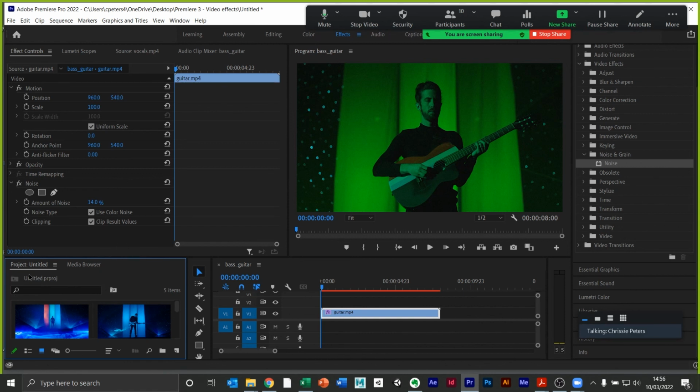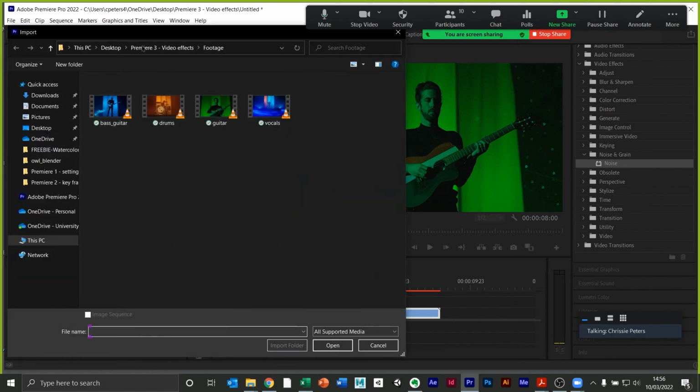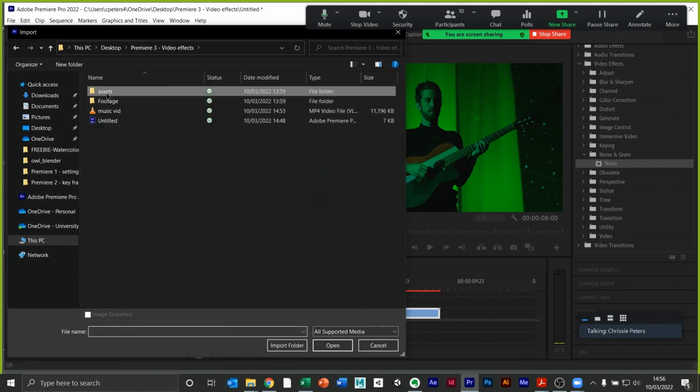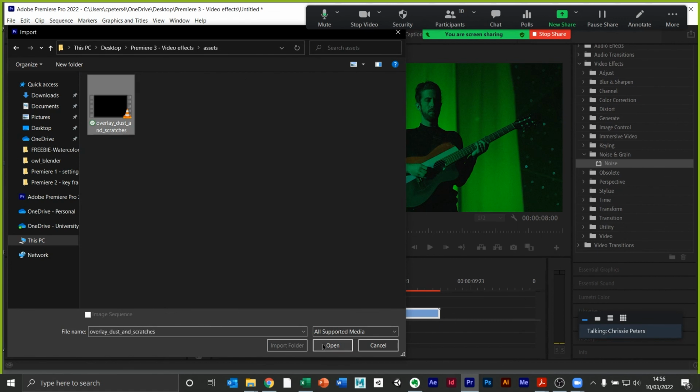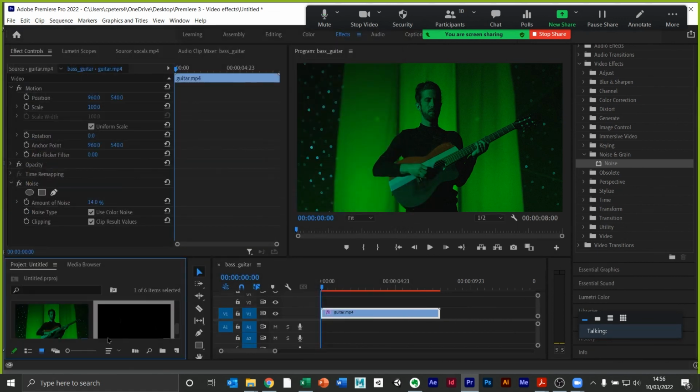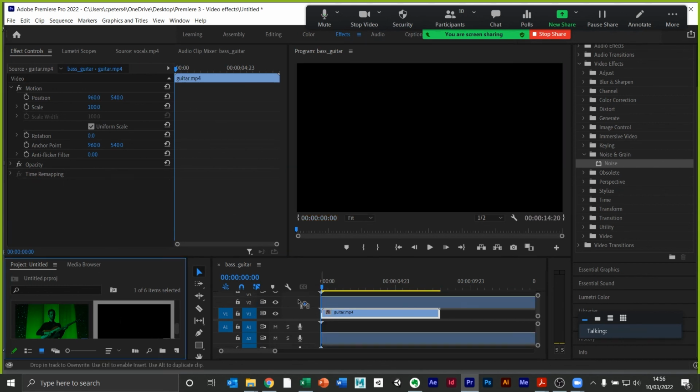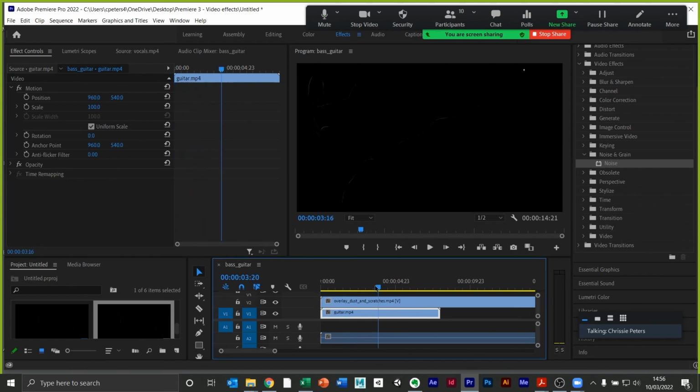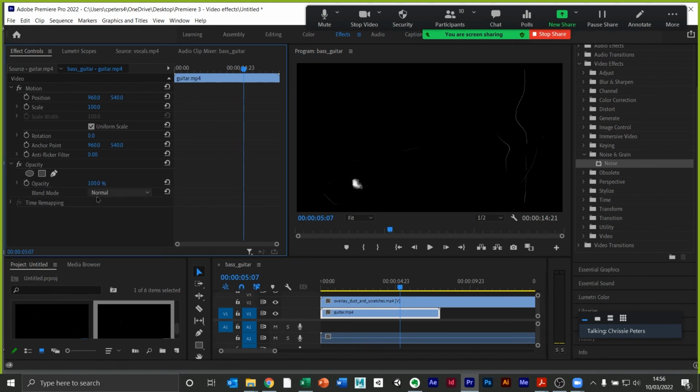So in my project, I had an asset called Overlay Dust and Scratches. I'm going to get rid of the noise that I added and add the dust and scratches, and you can see that it's a piece of analog footage, and it is just much more irregular to look at. And I can blend that on